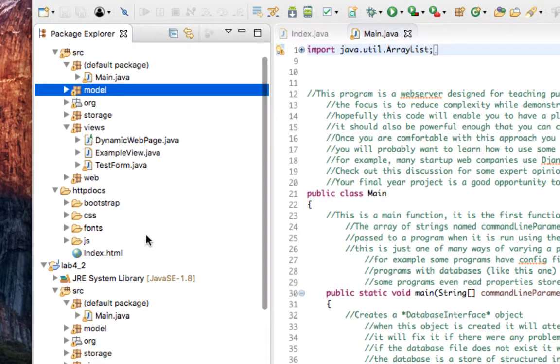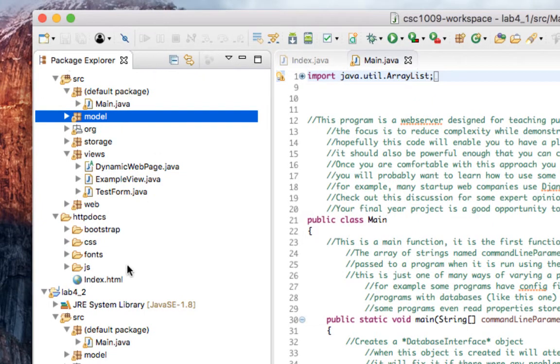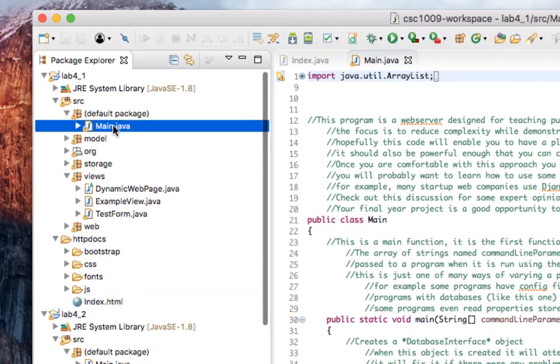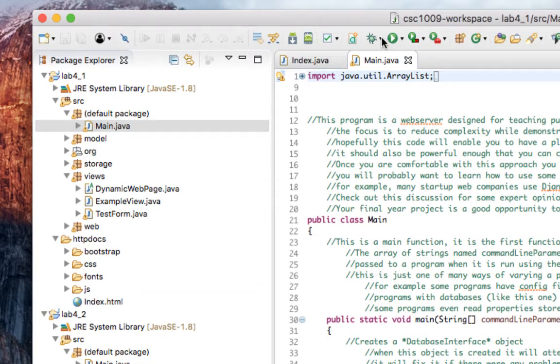I was a little bit quick there. When I created the page, you actually have to do one more step. Once you created the page, you then have to explicitly say whether you want to make a static page or a dynamic page. In this case, you want to make a static page. When you make that static page, the page will appear here. Whatever you happen to call it, .html, will appear in your HTTP docs directory. So if you then run this,